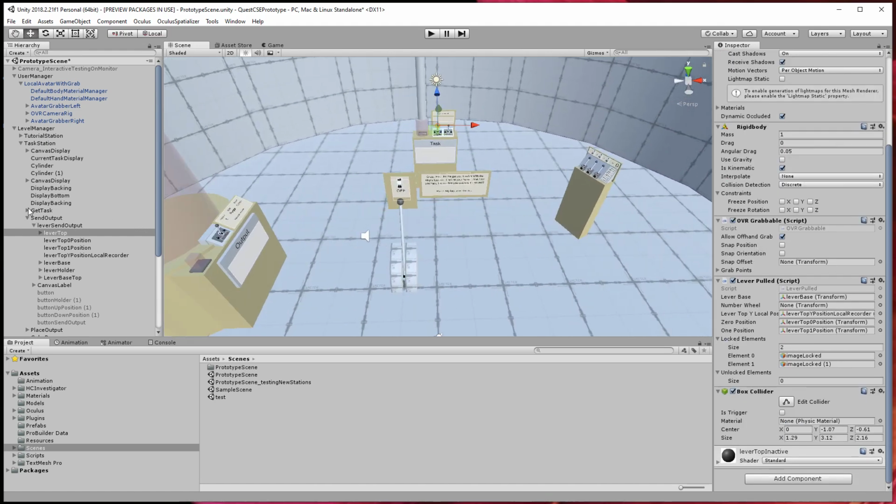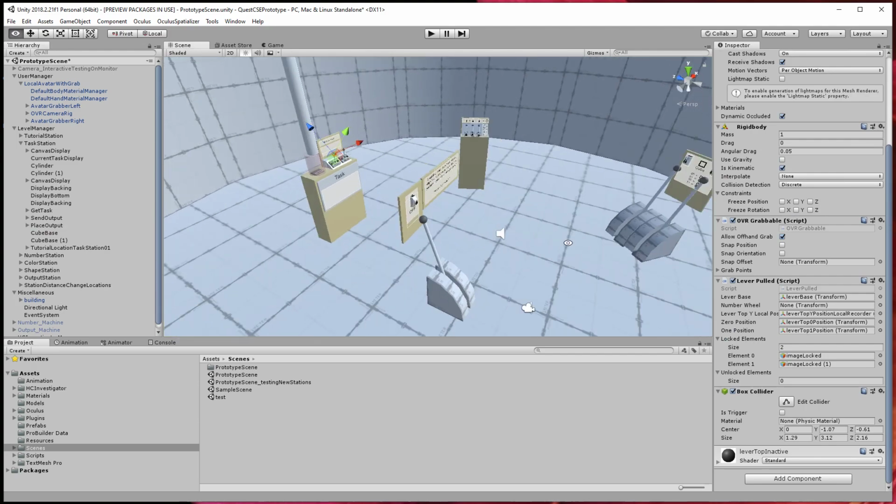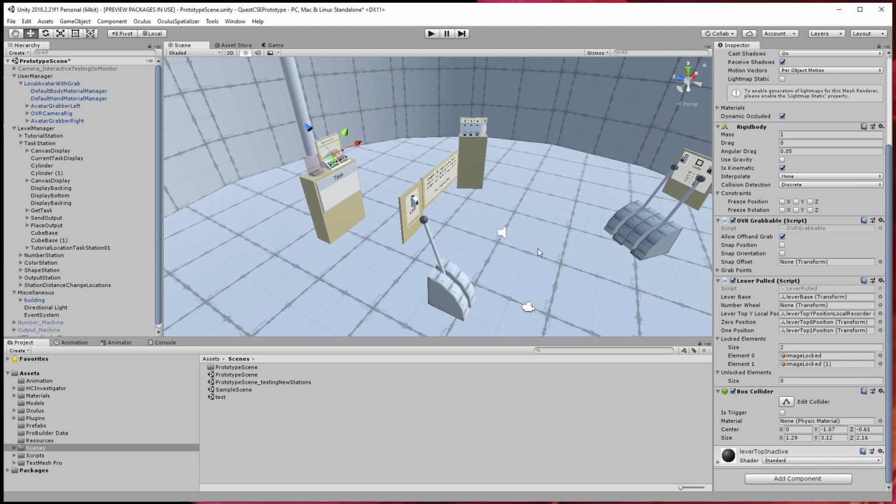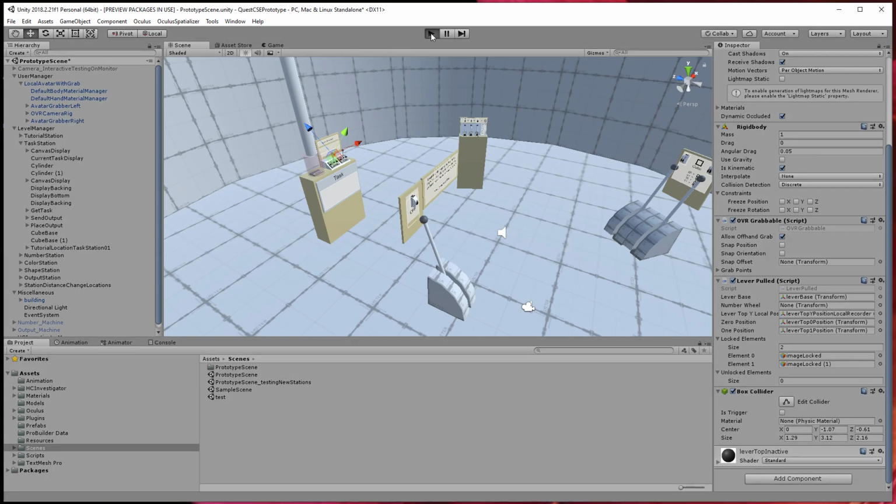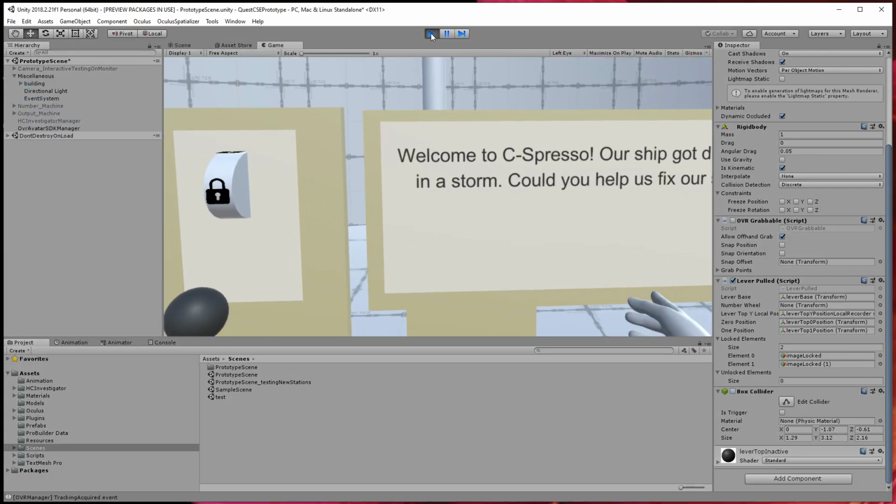But all that is going to be at a later date. I just want to show that there's a whole scene. I tested as I was developing. I was just clicking play on the computer with the Rift, making sure the levers work. Like if I click play right now, I'll have this little tutorial station right in front of me,